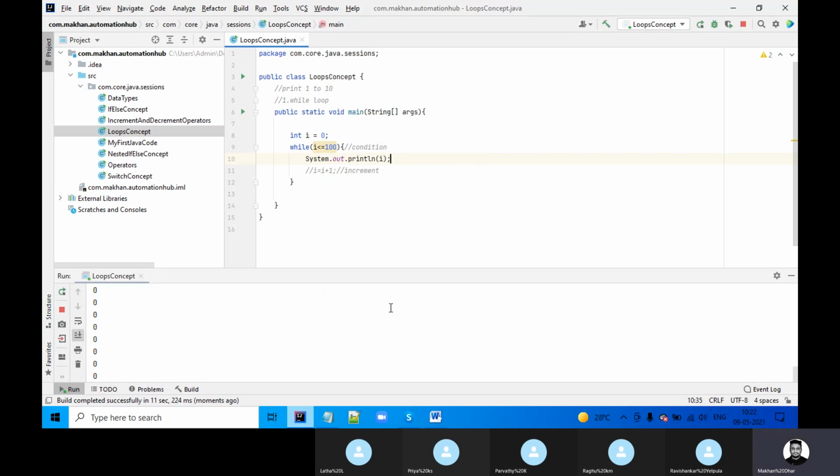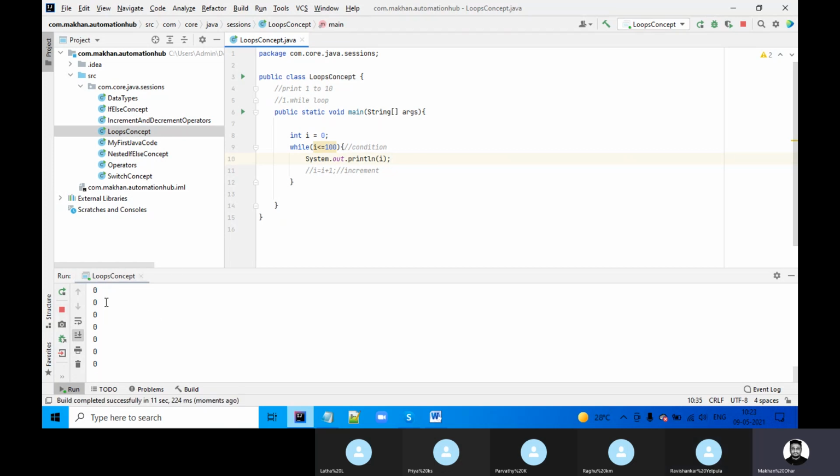It will keep on going. See, 0, because it will enter into an infinite loop. So this is called an infinite loop. If we do not increment or decrement, this is the thing.